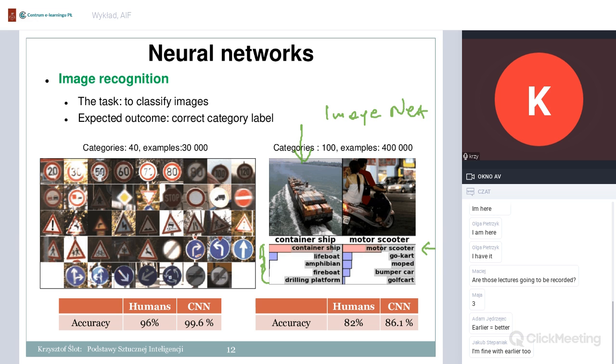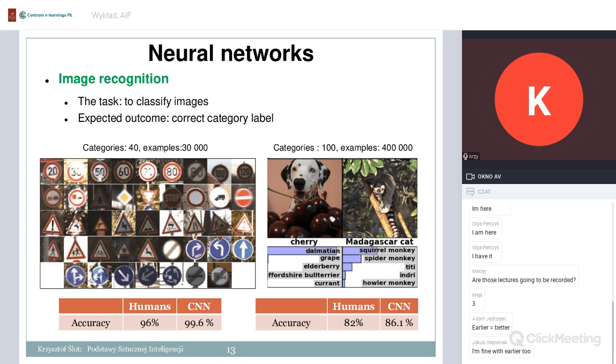The network is not making no errors. It makes errors. Here are 2 examples of erroneous responses of a network. In the first case, for example, this picture, according to a label, presents cherries, and the network says this is a Dalmatian. So most likely we could also make this kind of a mistake. If it mistakes, it mistakes in a way that is acceptable.